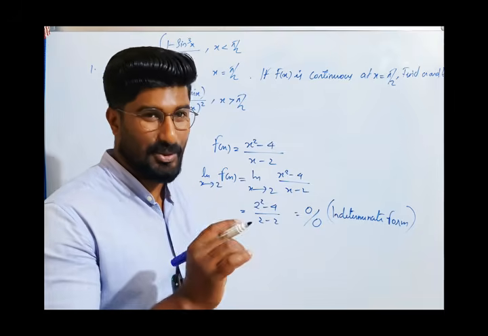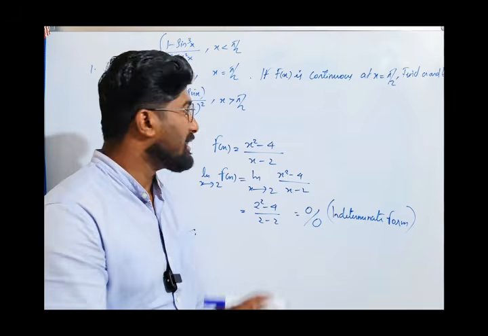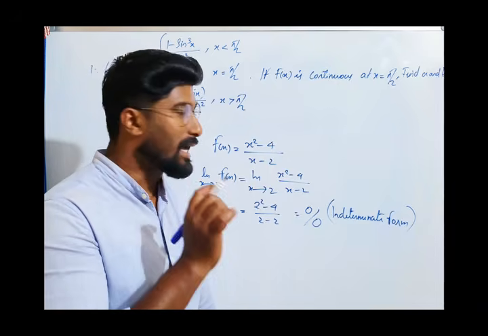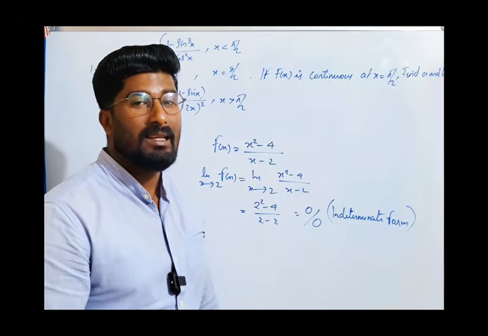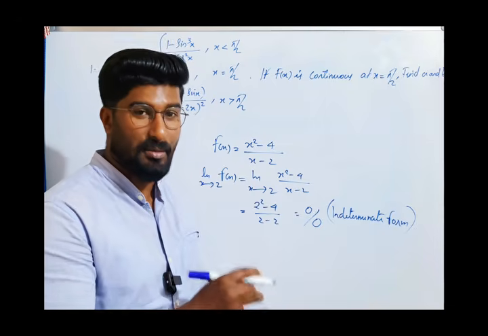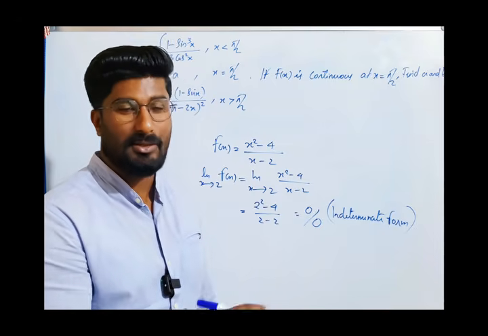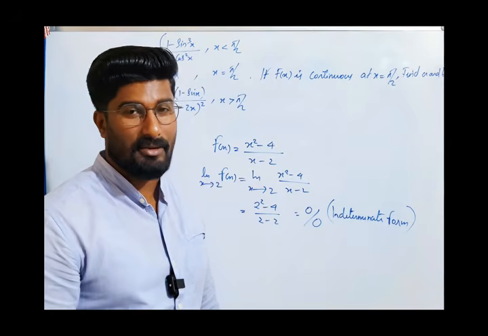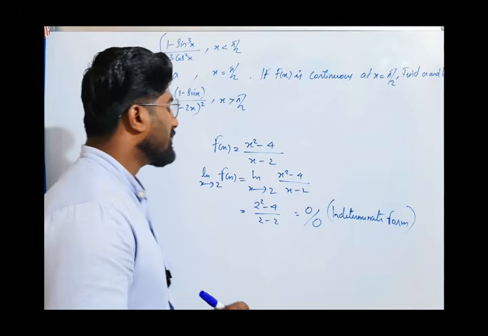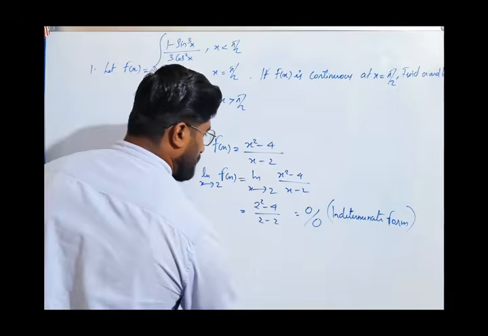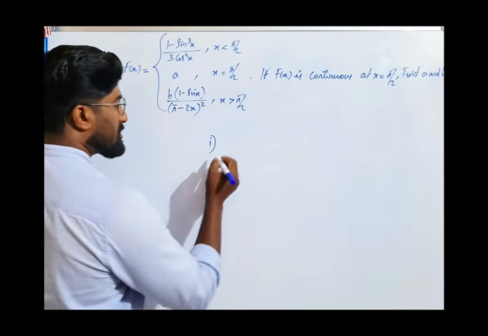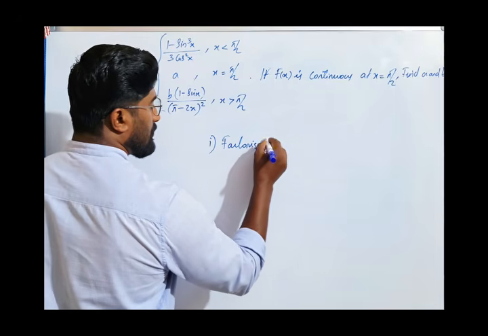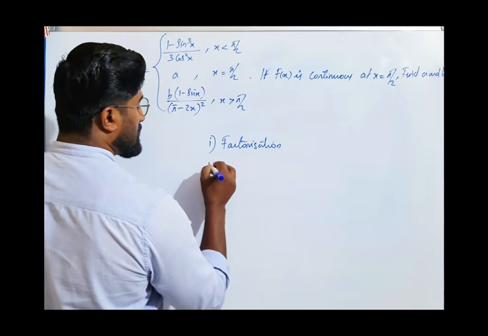The first one I told you is direct substitution. For any limit question, you have to do direct substitution as the first method, and if it is not of the form 0 by 0, that is going to be the solution. Anywhere you have 0 by 0, what should we do? You have to rewrite the given function. There are three properties for rewriting. First one is the factorization method. Second one,